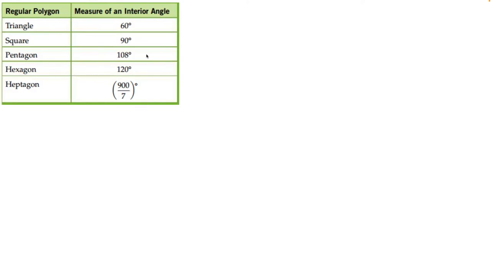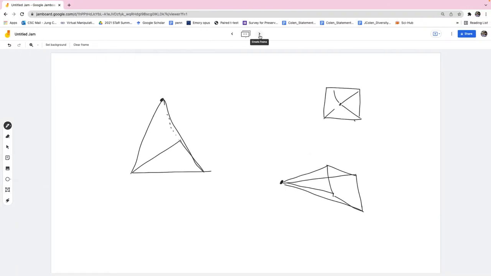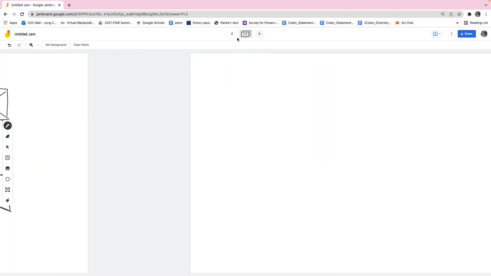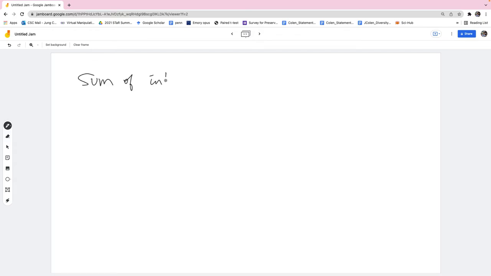It was 180 times n minus 2, right? So let's go back to the previous lesson. We know that the sum of interior angles of a regular polygon,